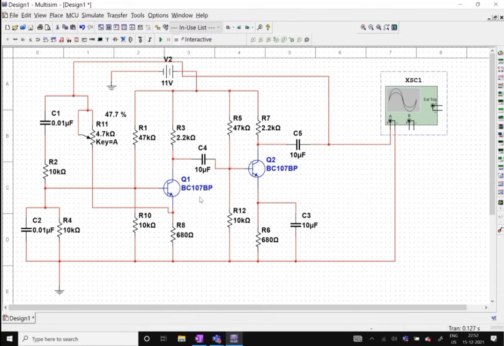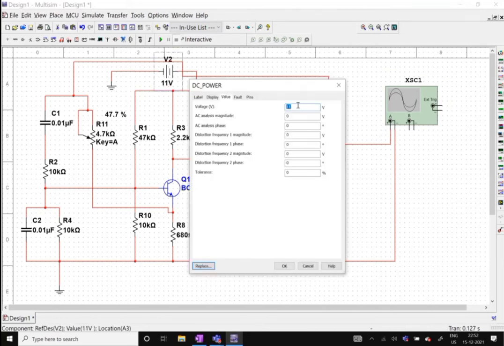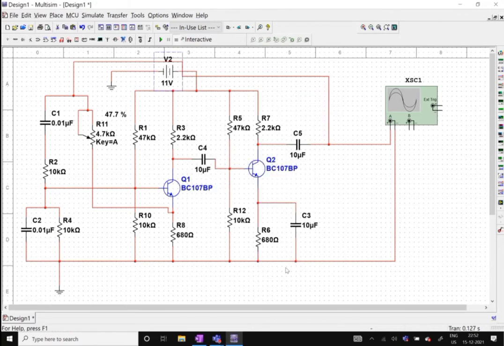Pick up the components: transistors, BC107 transistors, and resistance values. Already these values are designed in the last video. Pick up all the values. You have to establish some connections. This is the 12 volts. After that, the potentiometer is selected, 4.7 kilo ohms. The connection is like that here, with 680 ohms and 4.7 kilo ohms.